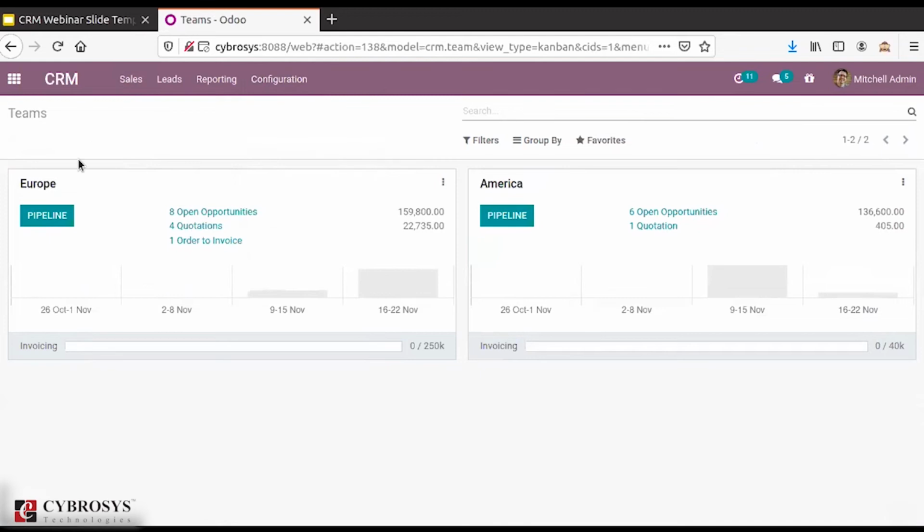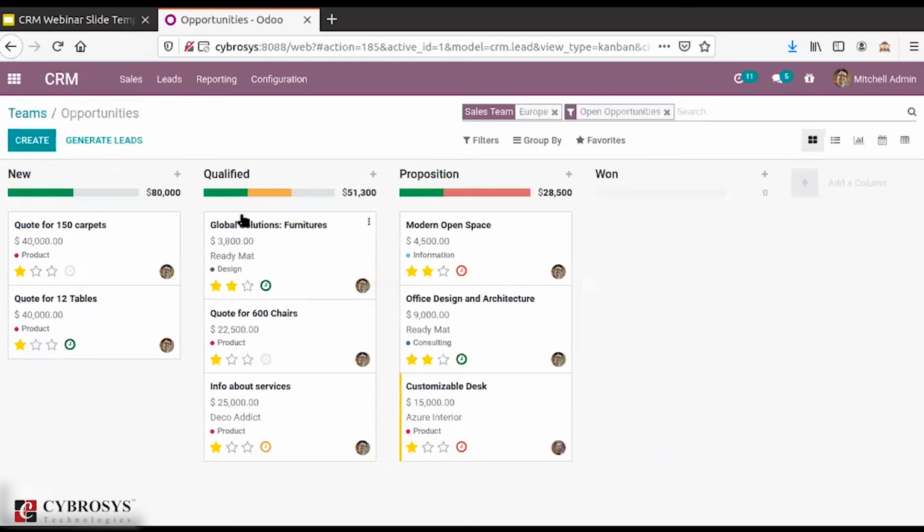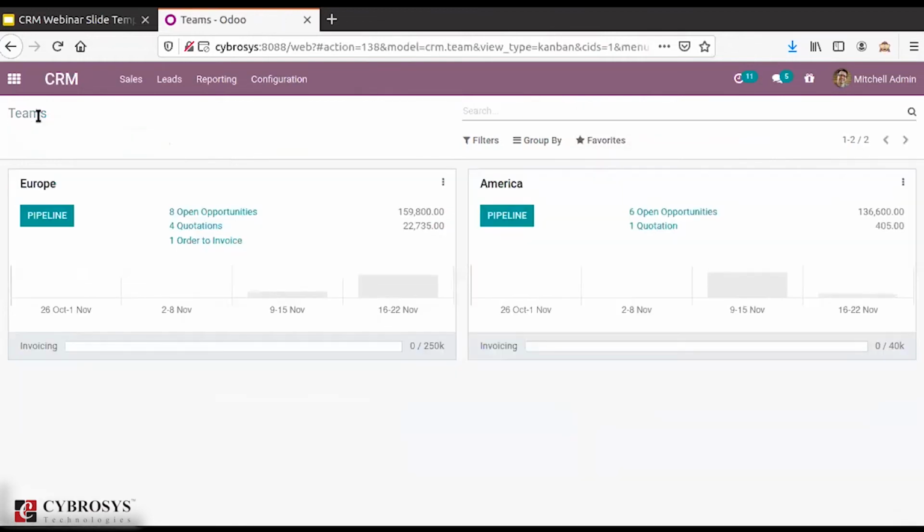Here you will get the pipeline view of the sales team, with other information like 8 open opportunities with this Europe sales team. Since these opportunities are not converted into a won stage, it's showing them as open opportunities.